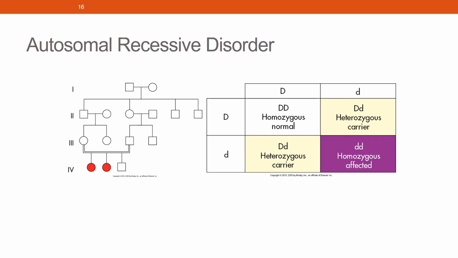Okay. So here in this pedigree, eventually these parents will have the recessive disorder expressed in their offspring, in the fourth generation. What's so important in here